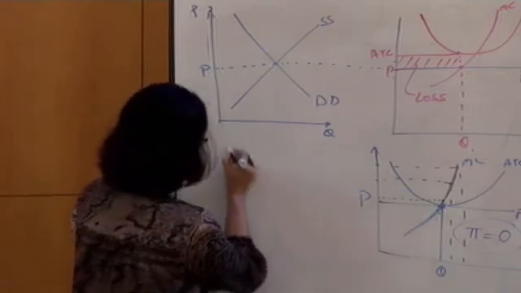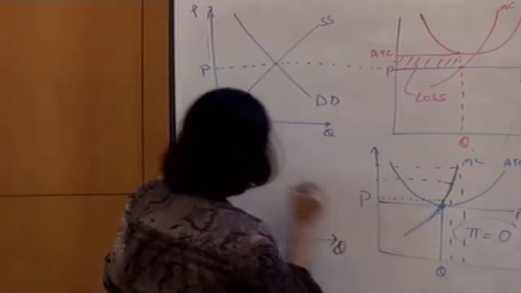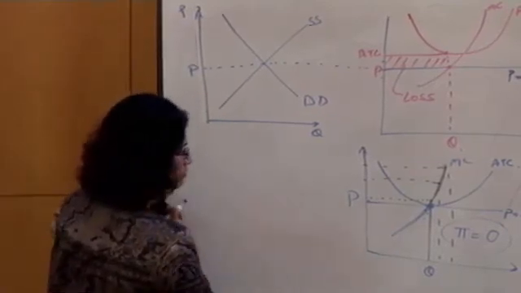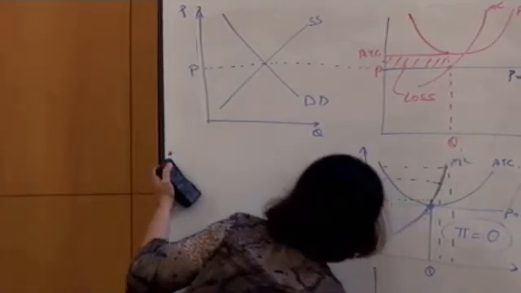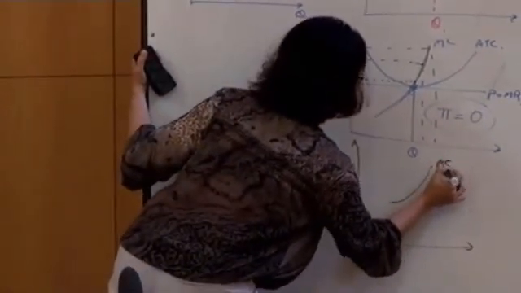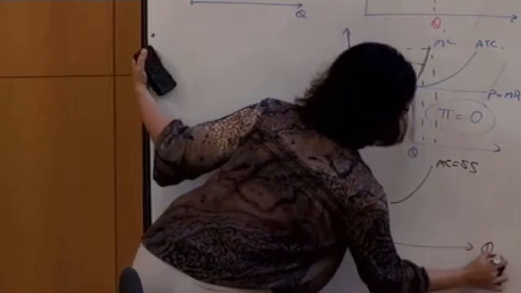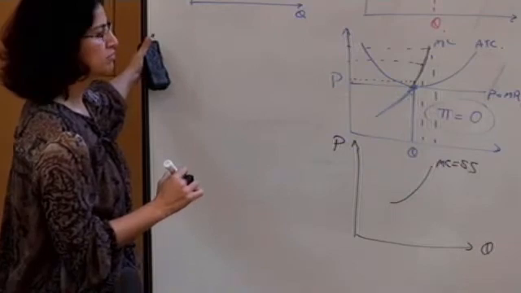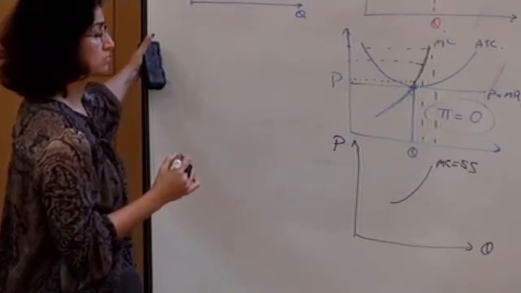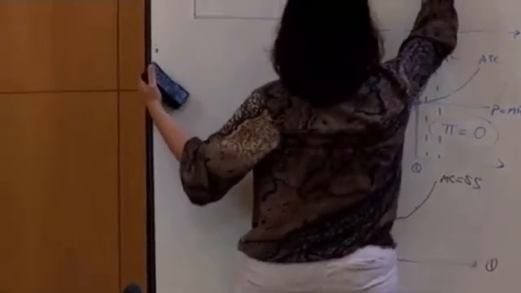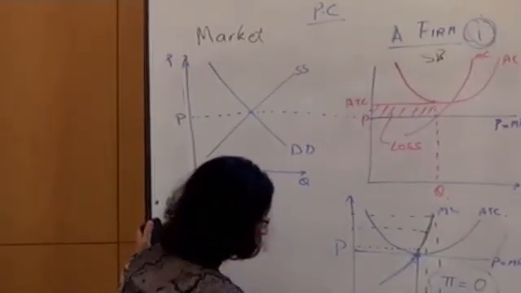So for this firm, the supply function, I shouldn't draw it here because that's the market, right? For this firm, what does the supply function look like? Well, it really traces the marginal cost function. This is the supply function for this firm. Let's give the firm a name. Let's call him Starbucks. So this is the supply function for this one.